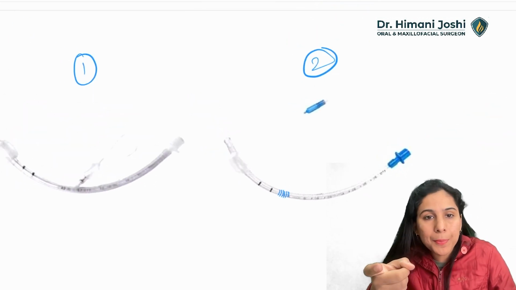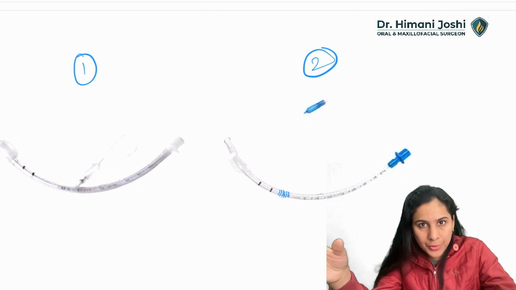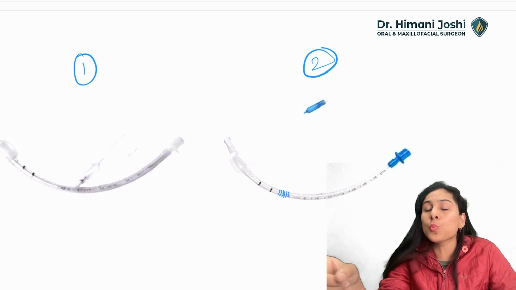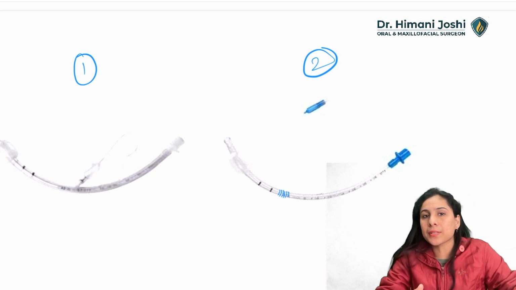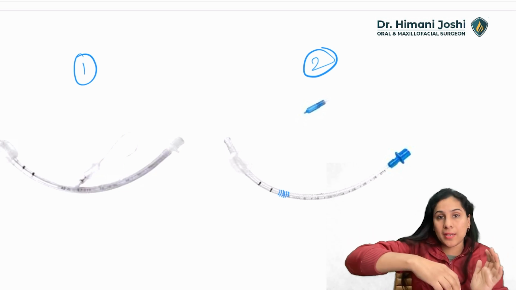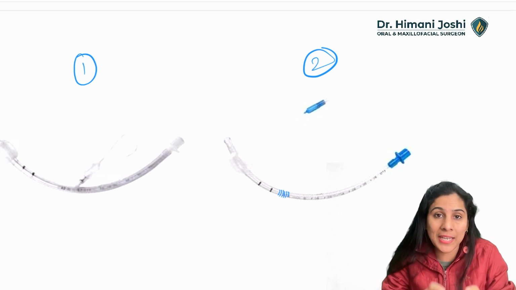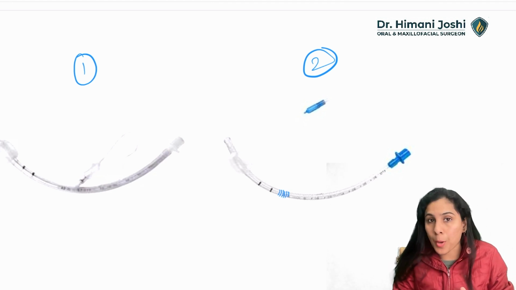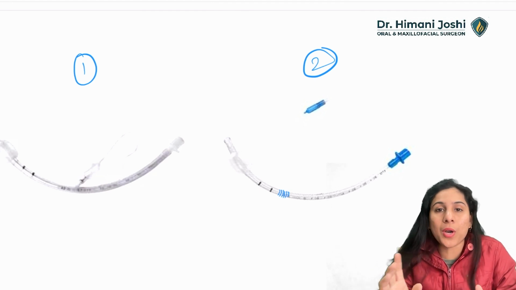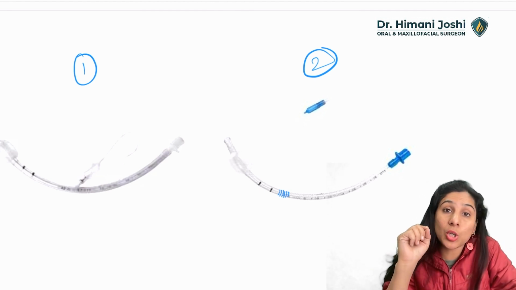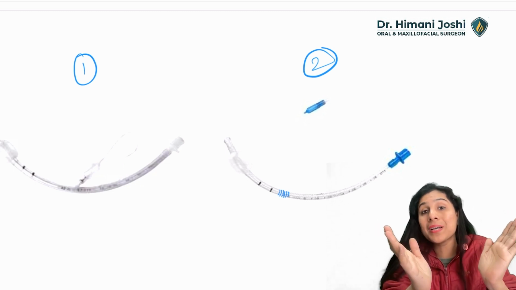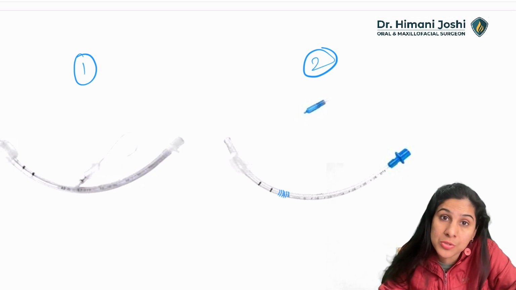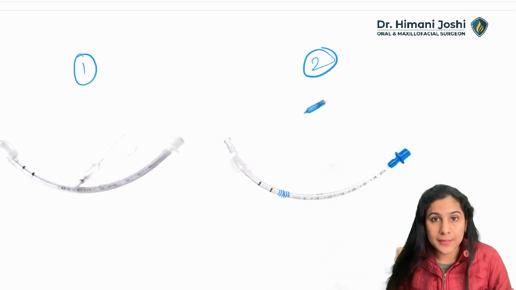You have used the water pipe, a pipe which is used to water the plants. Okay, if you have 10 or 15 pots on a terrace or in your garden, you use a normal water pipe to water the plants. हम पौधों में पानी डालने के लिए पाइप यूज करते हैं. अगर कहीं से वो पाइप मुड़ जाए तो पानी आना बंद हो जाता है. If the pipe kinks or bends, the water flow to the pipe end stops. This is okay if it happens while you're watering the plants. But if this happens during surgery, if the pipe or the tube kinks or bends and the airflow, the oxygen flow to the patient is reduced or is stopped, it's a threat, it's a problem, okay?